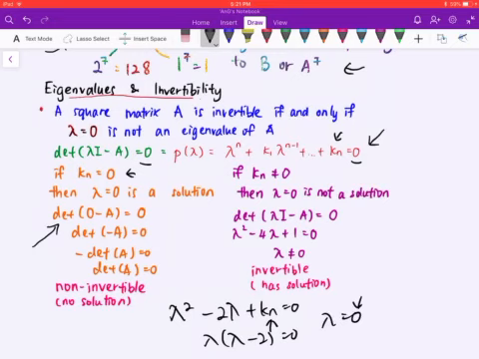And if the k_n here is not 0, then lambda equals 0 is not a solution, which means that for the determinant of lambda I minus A equals 0, you will be able to find a value for lambda which is not equal to 0, and which proves that